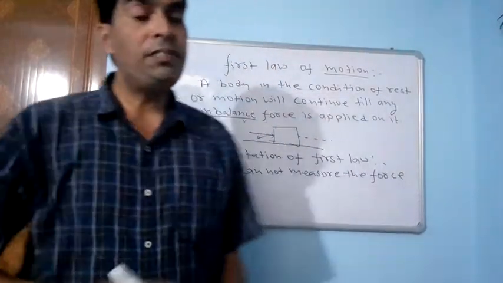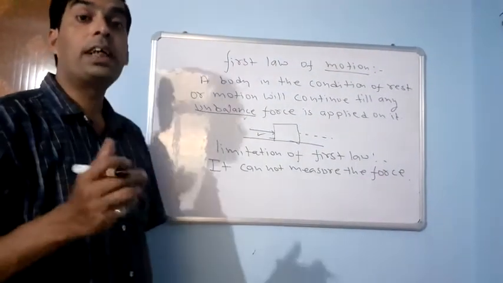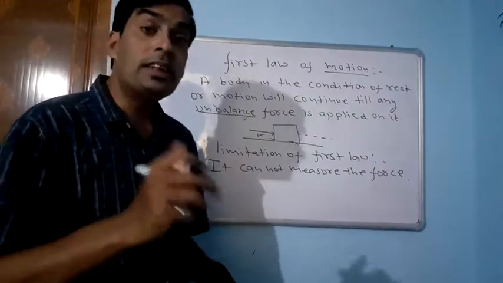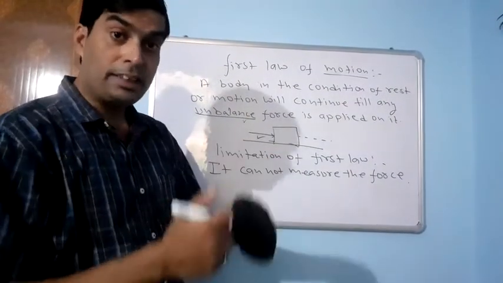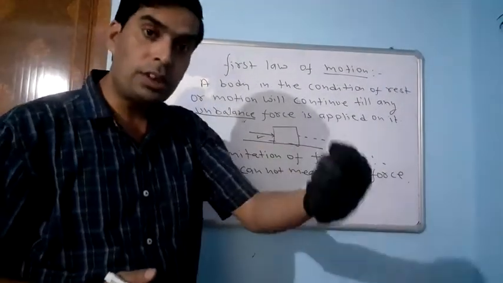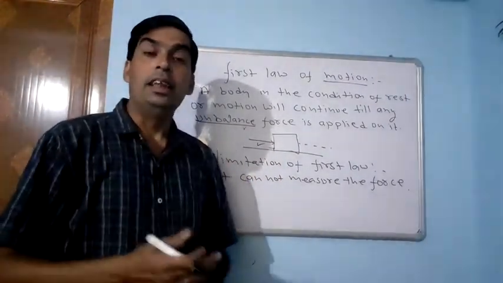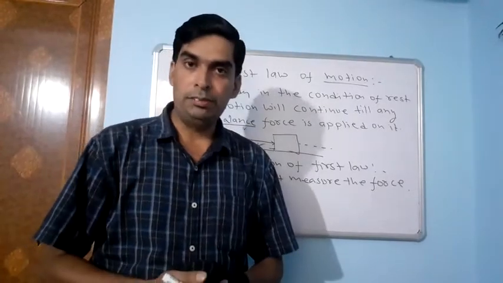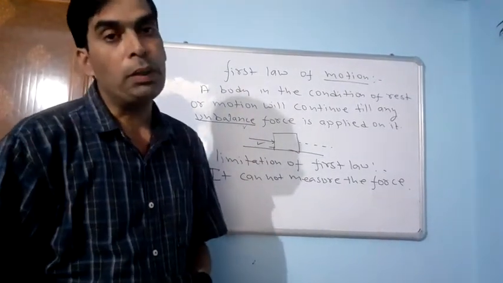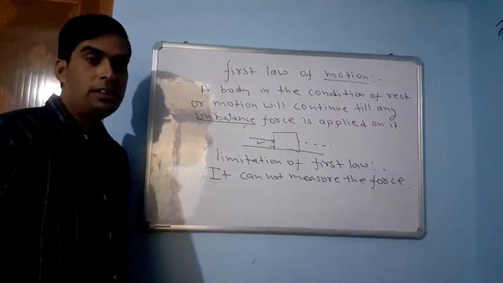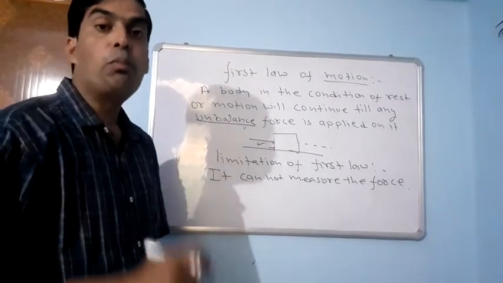What was the missing factor there? The missing factor is that we can't measure the motion here. If we can measure the motion, then we can measure how much force is required to change it. So we'll move to our next quantity that measures the motion of a body, and that quantity is momentum. So please write down the things. Now we're moving to the next topic, momentum.